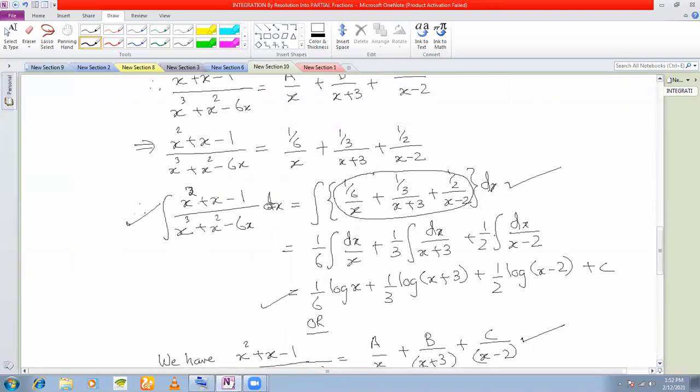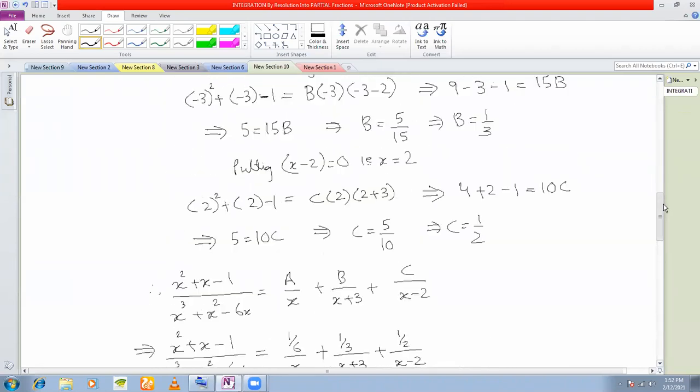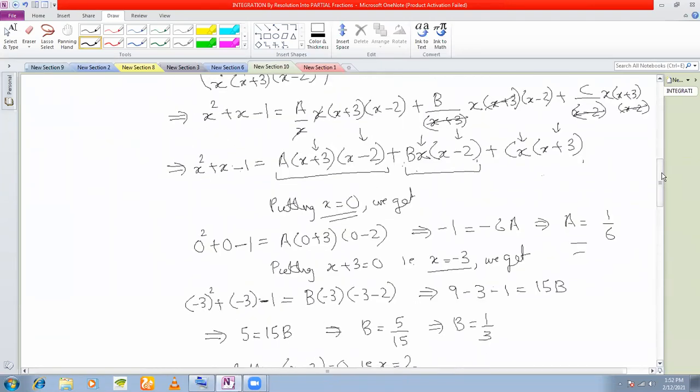Understood? Now why have I shown you both the methods? Because in actual problems, sometimes method 1 does not work fully, completely. So for some values of the constants, you will have to use method 1, and for the other values, you will have to use method 2. Okay, so let me give you one example here in which we shall use a mix of both the methods.